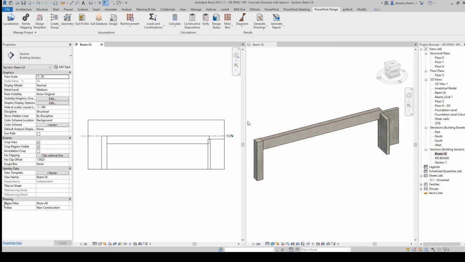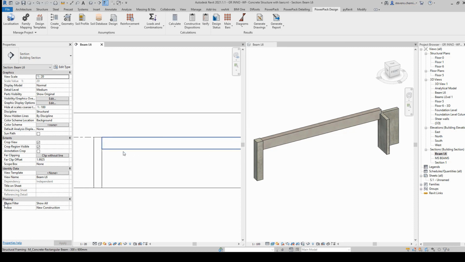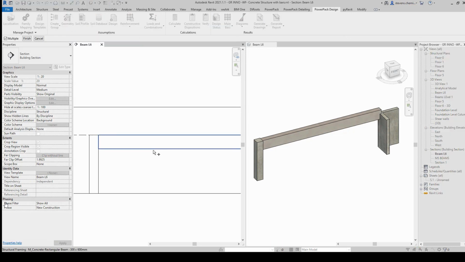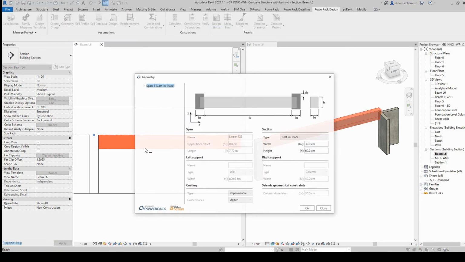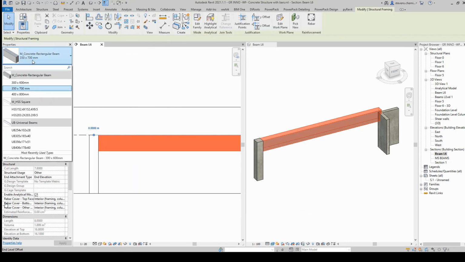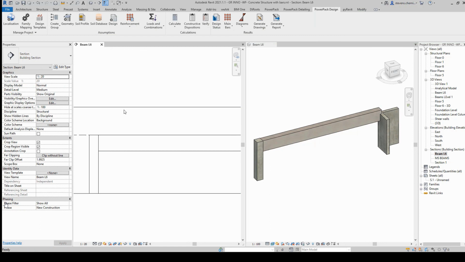For the design, we design the beam as a simple wire, but it's possible in Revit, thanks to our PowerPack design option, to customize the geometry of a beam. So we have the geometry command, which enables you to drive and control the section of a beam.